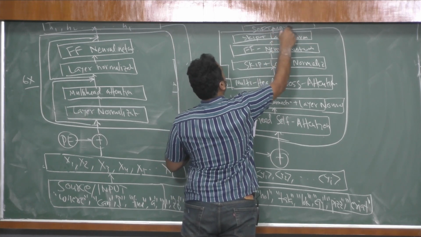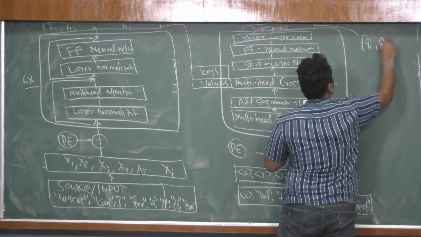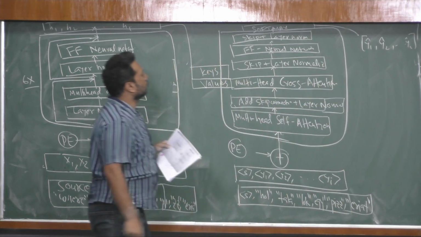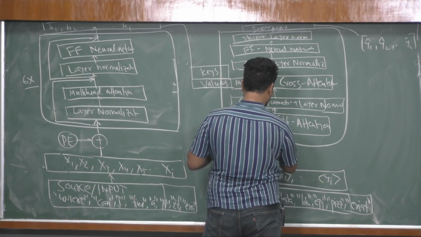So this is softmax, and then from here it produces some y1 hat output, y2 hat output, and yi hat output. Okay, so this is the picture of the decoder, and then here again you have this skip going on